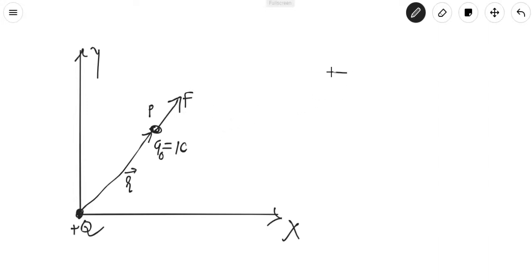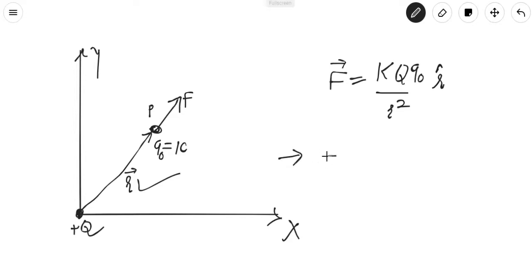What is the force? The force is k q, the unit positive charge, called q naught, by r square. So this is the force. You know that. And if we want to denote it in vector form, you see this force is in the direction of r vector, so it is outward. So this force is in the outward direction, hence we can write r caret. R caret shows that the force is in the direction of r vector, so we can write r caret.